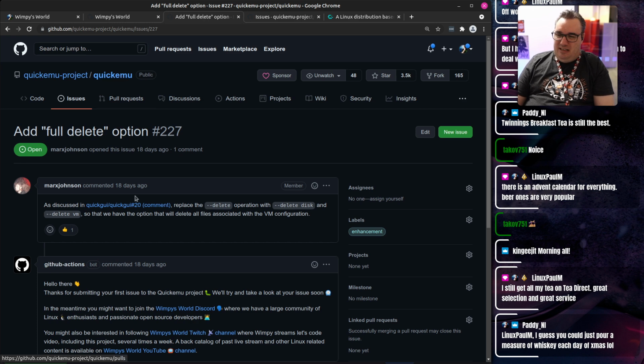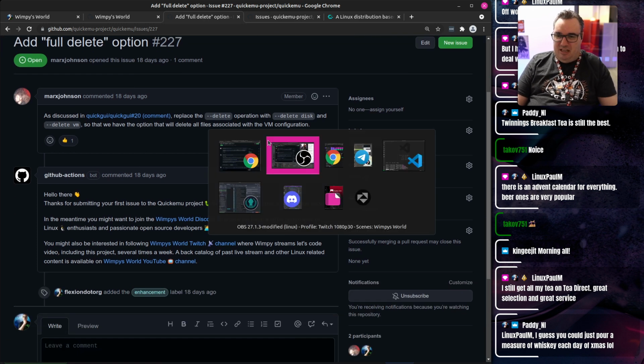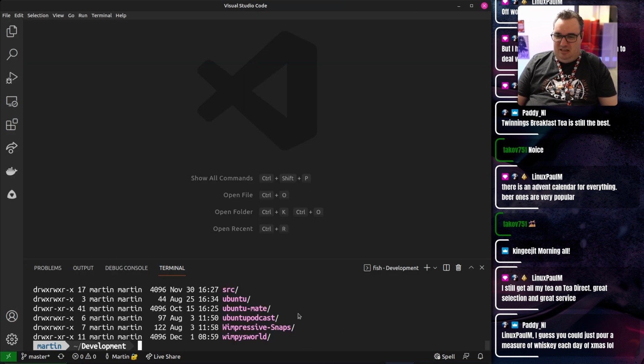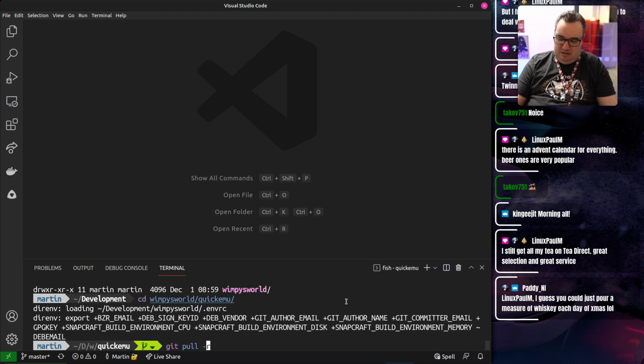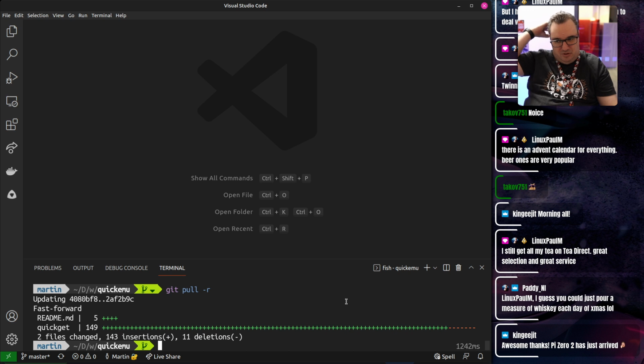Right, okay. Shall I have a bash at this? Let's have a go. So let's go here. And I'm in the wrong virtual screen. There we go. Let's pull down all of that stuff we've just merged, which was all in quickget. Hang on a minute. That can't be right. Oh yes, no, that is right, because quickget generates the XML. Okay. So,